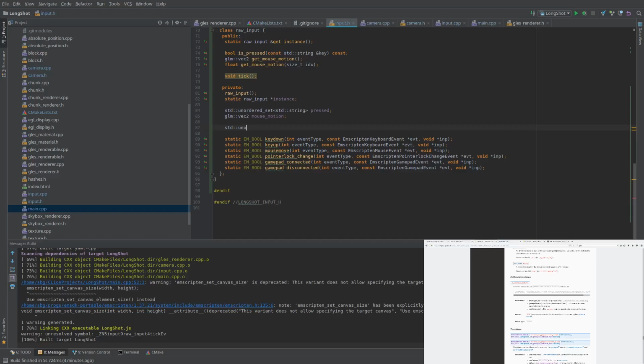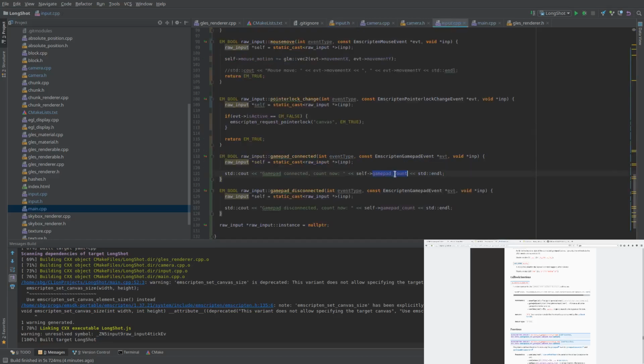I want an unordered set of size C and call it gamepads connected. There we go. So this will be gamepads connected dot size,